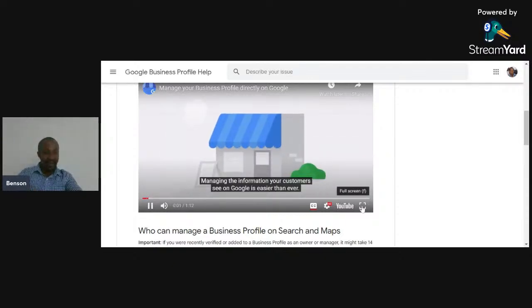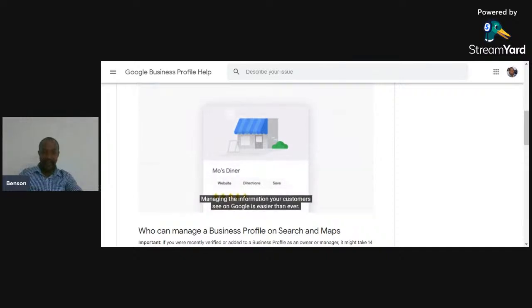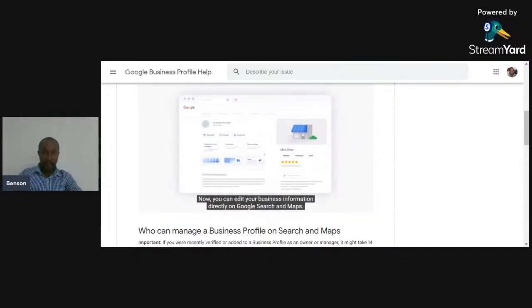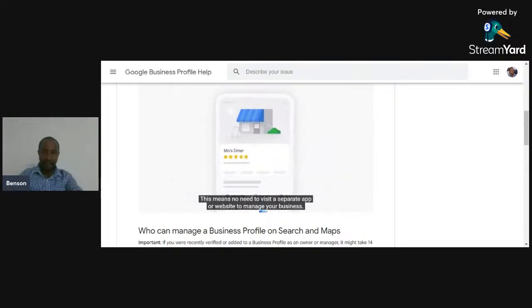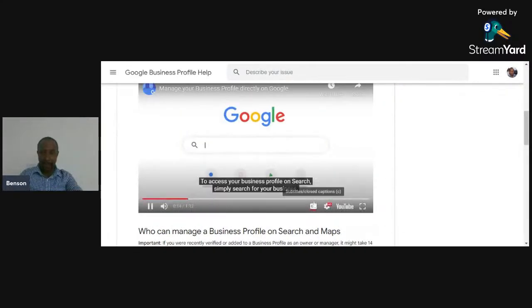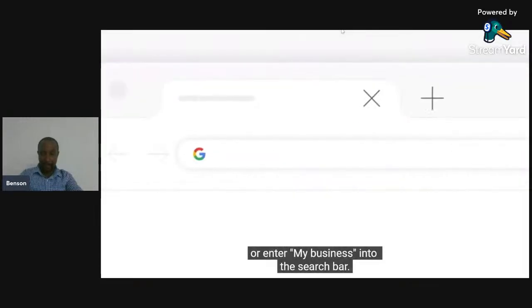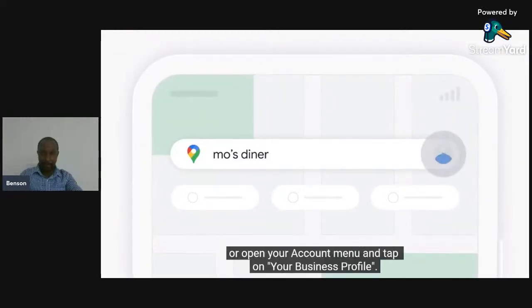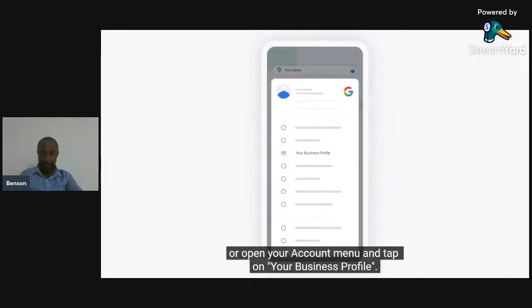Managing the information your customers see on Google is easier than ever. Now, you can edit your business information directly on Google Search and Maps. This means no need to visit a separate app or website to manage your business. To access your business profile on Search, simply search for your business or enter My Business into the search bar. On the Google Maps app, either search for your business or open your account menu and tap on Your Business